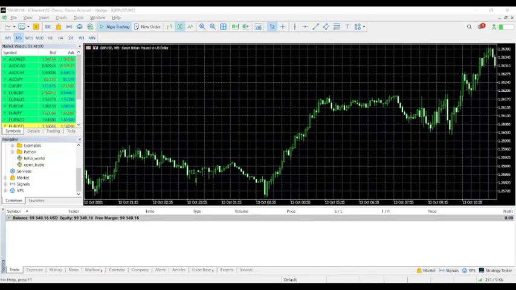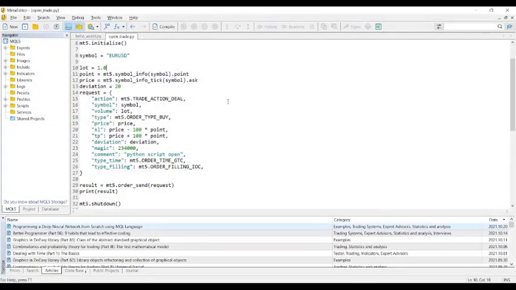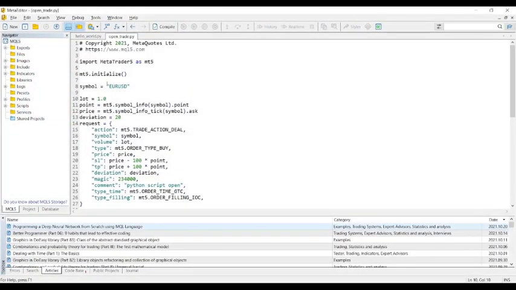Of course, as algo traders, we don't only want to print hello statements to a terminal, but we want to place an actual trade in the market. So I've prepared a script to open a trade, and the script's name is open trade. Let's see what it looks like. So I've defined the symbol name EURUSD, and what I want to do is buy one lot on the euro US dollar. I've defined the lot size 1.0. I want to buy for the current market price, and we buy for the ask price here,